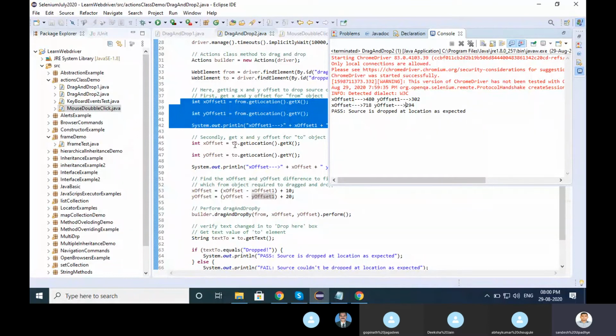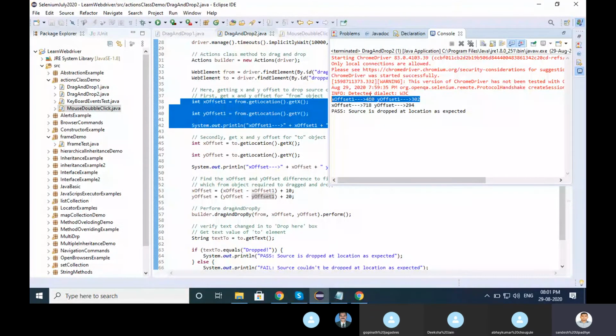X offset 2 dot get location for x, they got 480 first, so 480 will be stored into the x offset. Then in y offset get location they got 302. So first they got 480 as the first point, and then again they find x offset, which means x offset minus x offset 1.